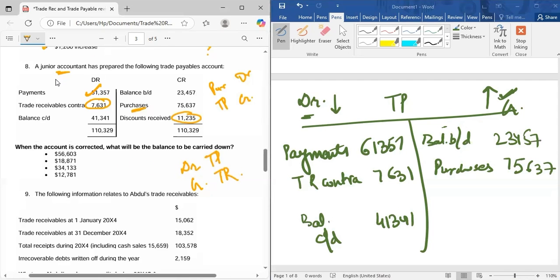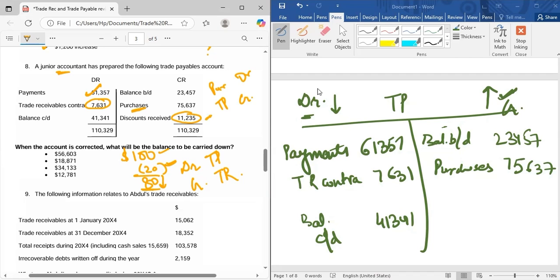See, you purchase something worth $100 and your supplier gave you a discount of 20. So now you have to pay him 80. You have to pay a reduced amount. So because of this discount, your liability has reduced, right? Now instead of paying 100, you just have to pay $80 to him. So this discount received decreases our liability, and our liability is trade payables, okay?